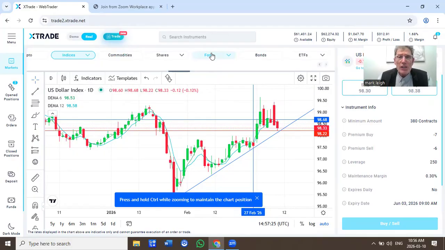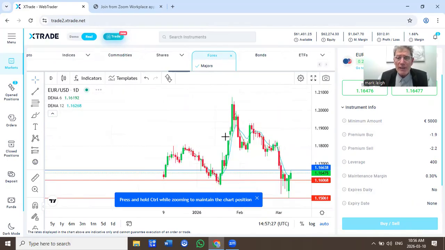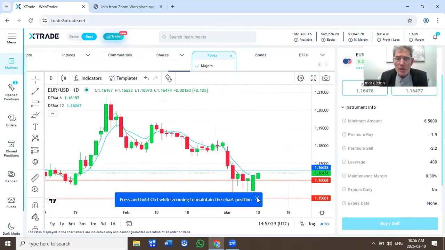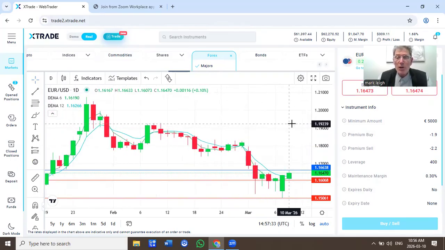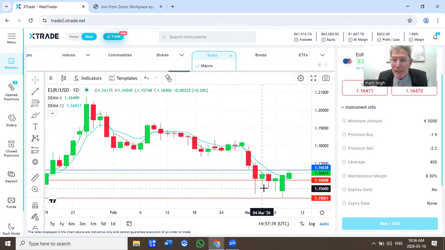Let's have a look at the majors, starting on the euro against the US. And there you see also continuation from yesterday. Buying euro, selling US dollar weakness. I've got support at 116.06. I've got resistance at